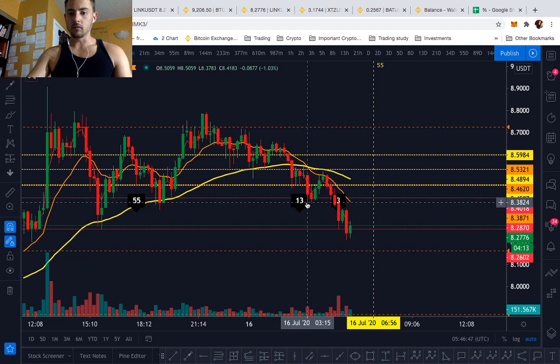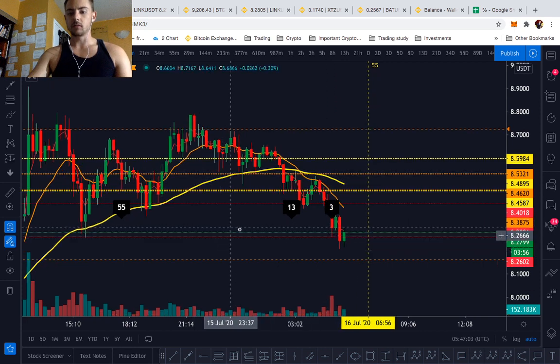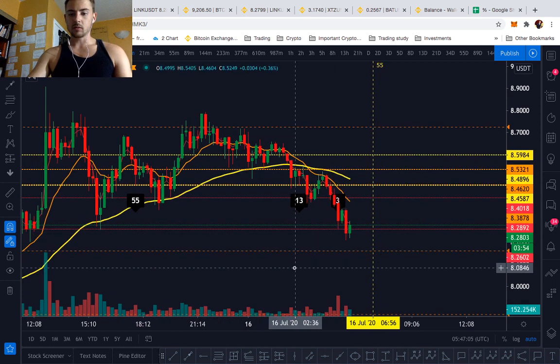And so we got a low volume pullback inside of the moving averages. You see how there's no volume. I added more to my short here, and I added some more here on market, but I didn't get filled on the one I wanted to get filled, unfortunately. But it seems like we're getting some support at this time.